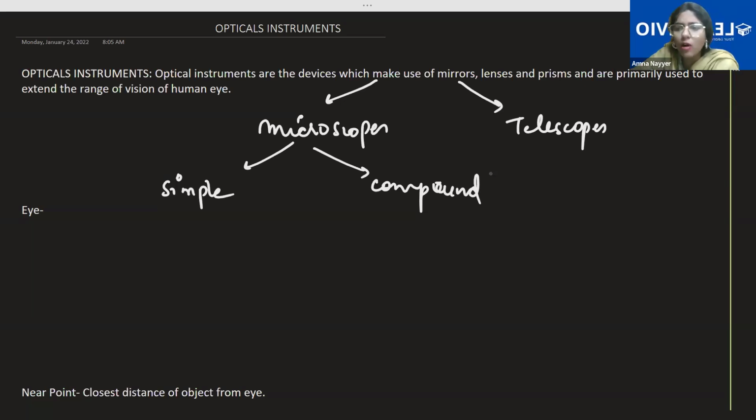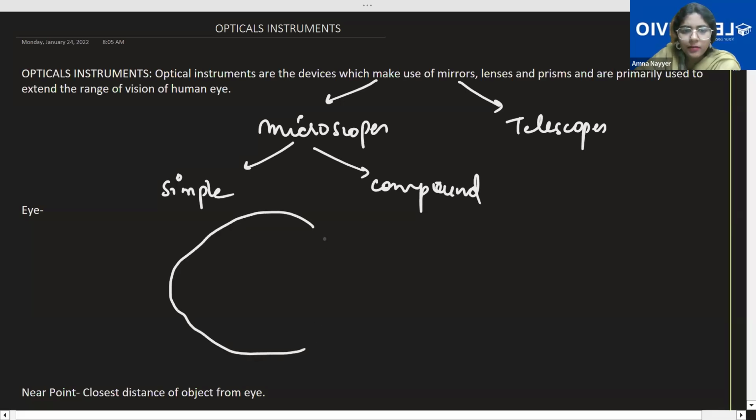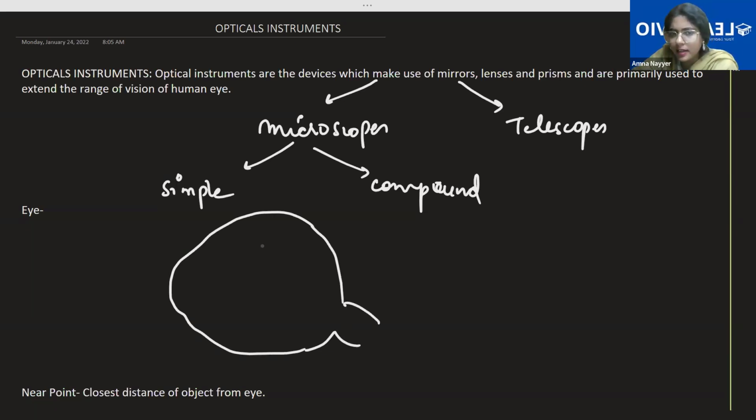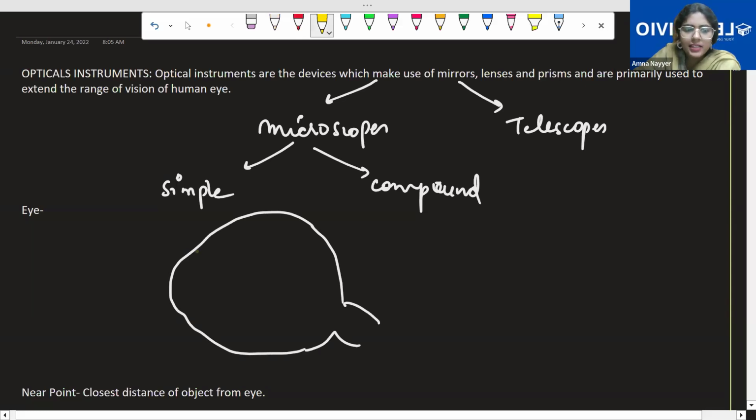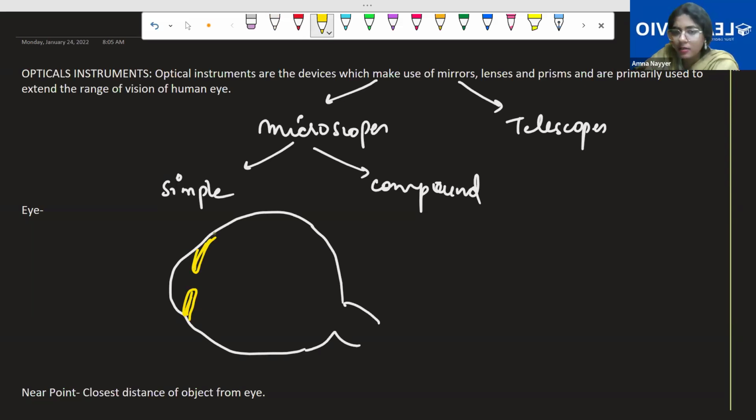But at least the basic structure you all are aware of, as all of you have bio with you, so you'll be easily able to read it. In fact, you must be knowing more. You have an outermost layer, which is known as the cornea, and you know that this is not just one single layer. You have sclera, choroid membranes. Other membranes are also present, right? You have the iris present, which has the color part, which determines the human eye color, and the space that is left is the pupil.